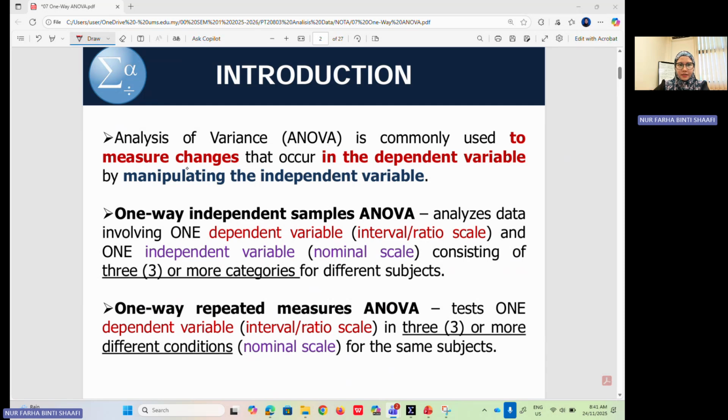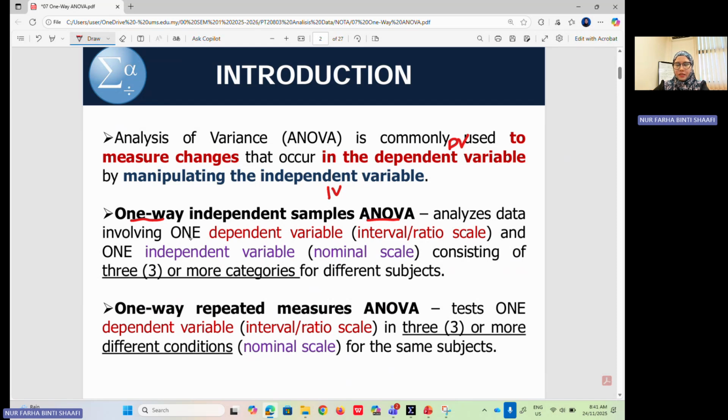For the ANOVA, analysis of variance is commonly used to measure changes. We use ANOVA to measure the changes that occur in the DV, the dependent variable, which is manipulated by the IV. We measure the changes in terms of the comparison of means. So, one-way ANOVA analyzes data involving, this is very important,